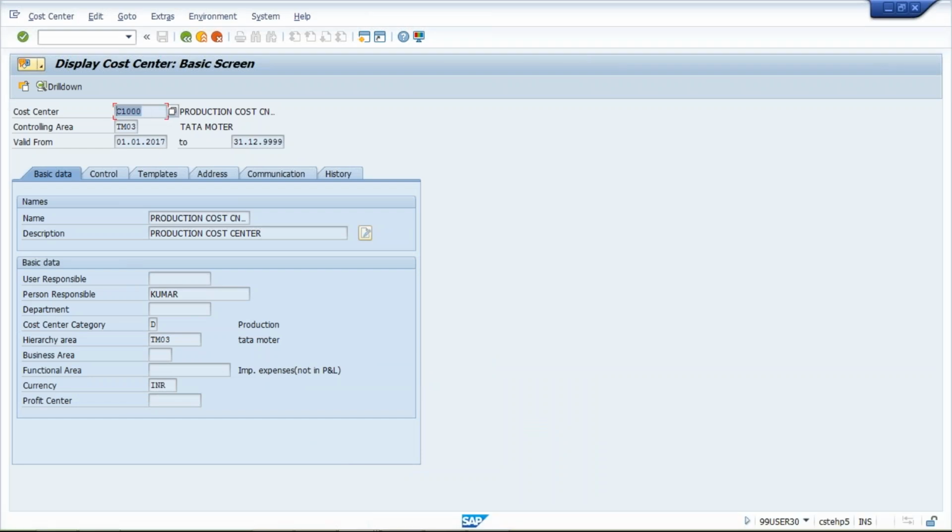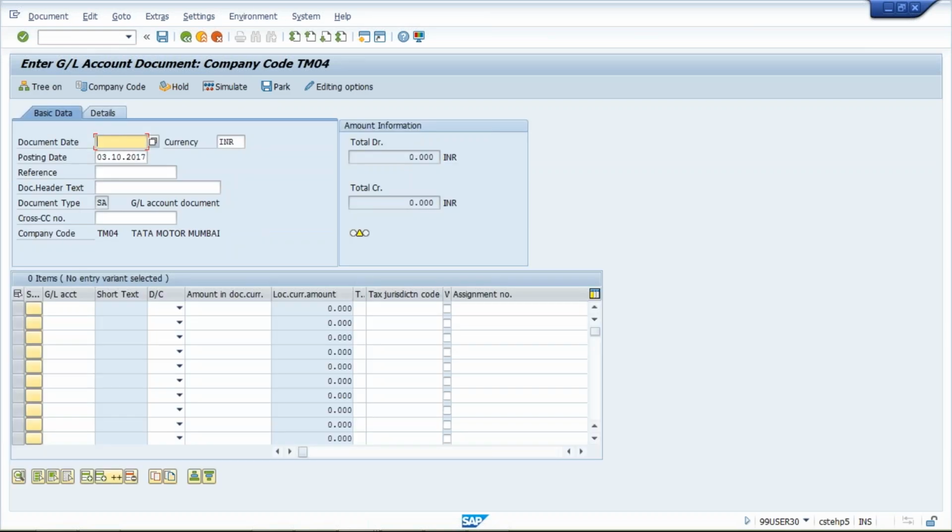So our cost center number is C1000. Just keep that in mind and use transaction code FB50, let's suppose. Give today's date and the GL account. What is our GL account? Let's suppose 4004. So 4004 debit 6000, and again your bank account will be credited with 6000. Or else we can post more: GL 4005